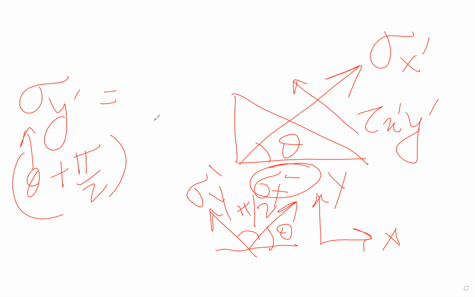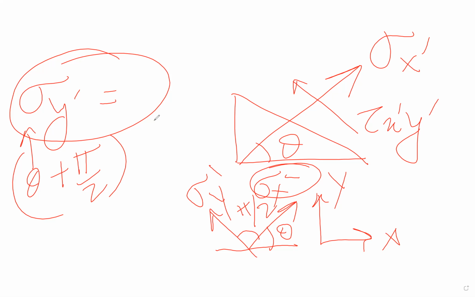Then we will write the equations for sigma y dash. The sigma y dash equation is a little bit lengthy, so I am not writing it all here. You can write sigma y dash by just putting theta plus pi by 2. If you put theta plus pi by 2 in sin theta and cos theta, it will be converted to some trigonometric relationships. In that way, you have to calculate both the stresses in the oblique plane, that is sigma x dash and sigma y dash.